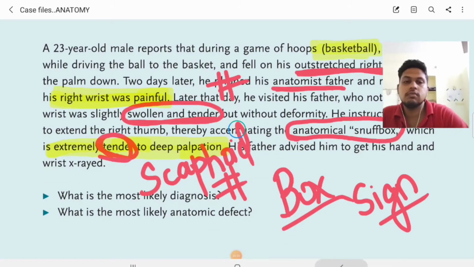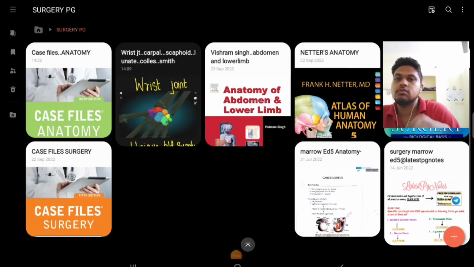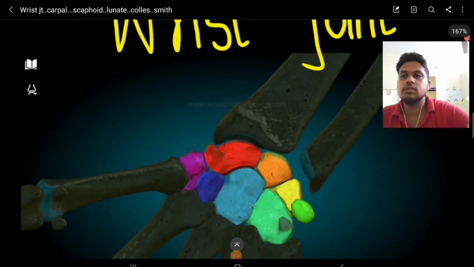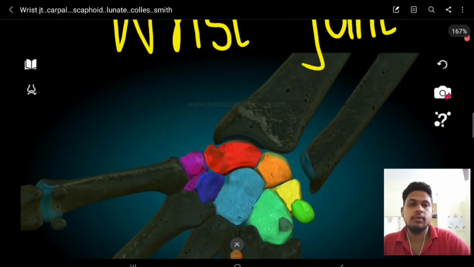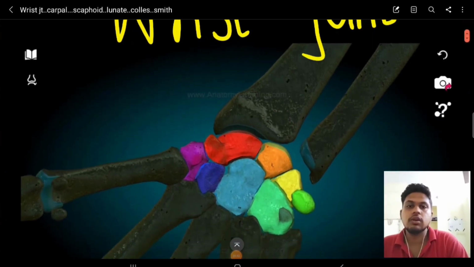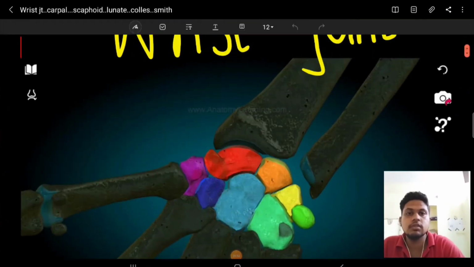Okay, wait a second. Okay, so as you can see from this here, this is the wrist joint. Okay, so as you can see clearly from this image,